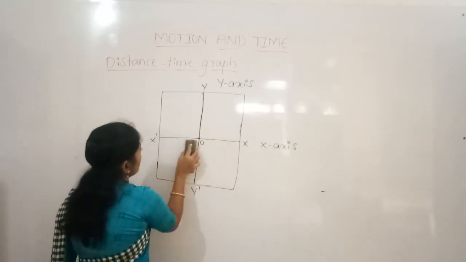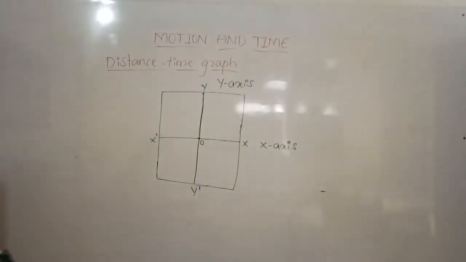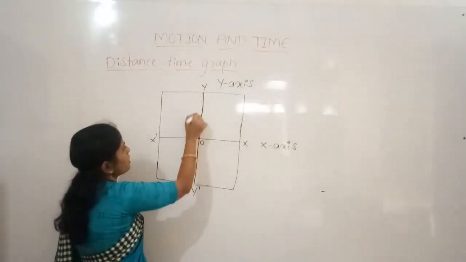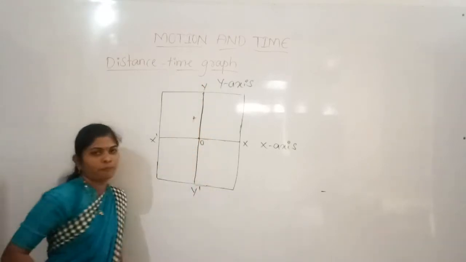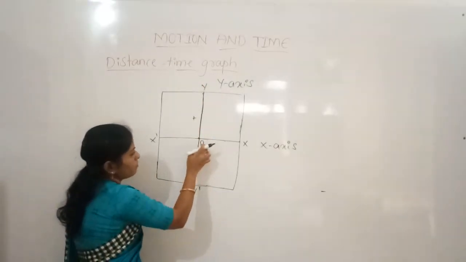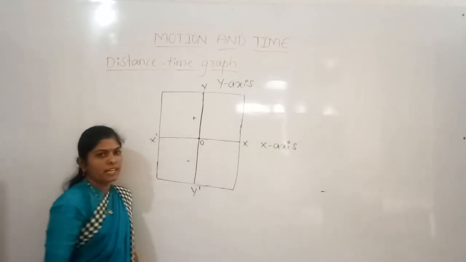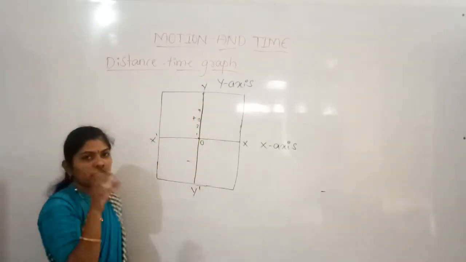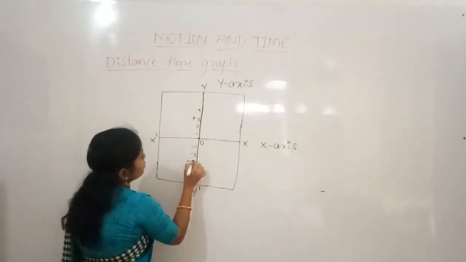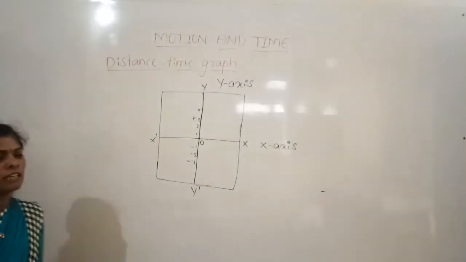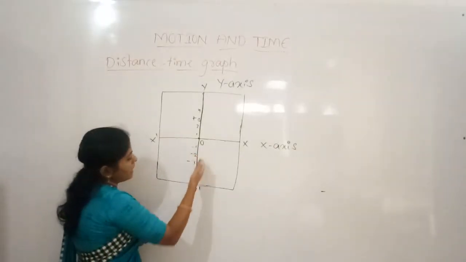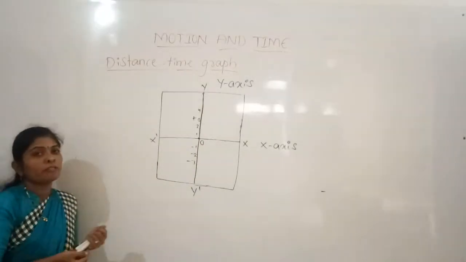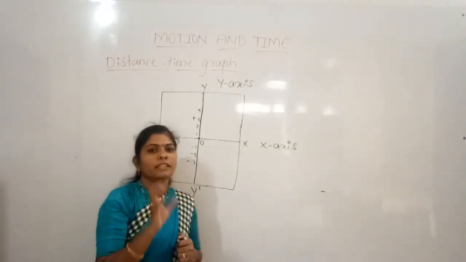And in the y axis also we mention the same thing. So if positive numbers are there we mention them along the OY, and if there are negative numbers we mention them along OY dash. So positive numbers 1, 2, 3 are mentioned along OY. And suppose it is -1, -2, -3, if the values are in minus, then we mention them along OY dash. So this is how, first, we have to mention the numbers.